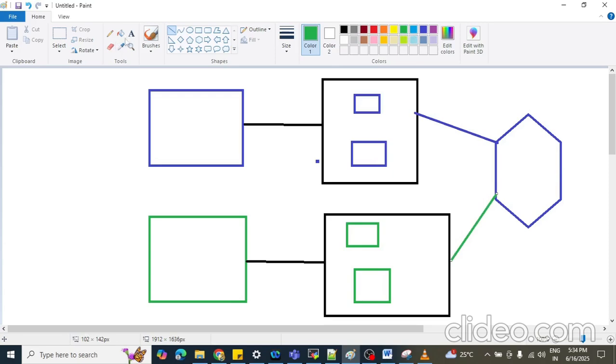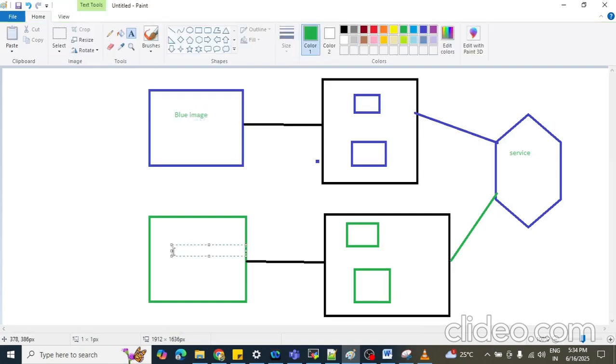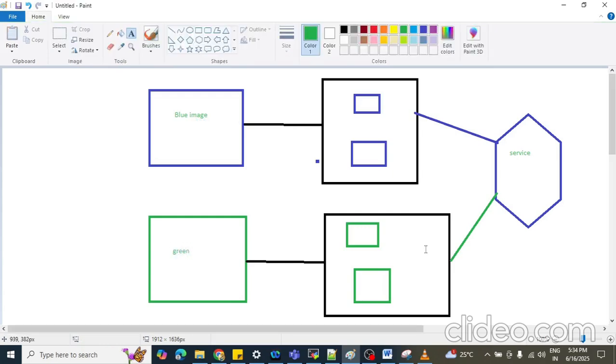This is your service, and this is your blue image, and this is your green image. Suppose this is your old image, and this is your new image.